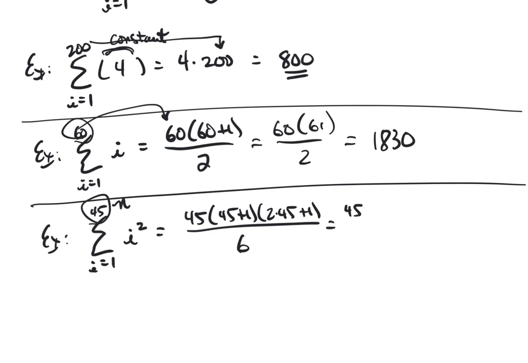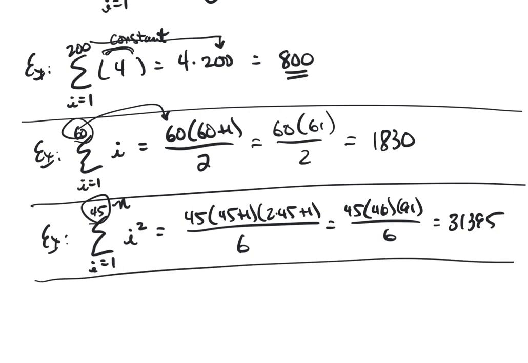And when we do the simplifying, we get 45 times 46 times 91. And when we do that multiplying and dividing, we would get for a total, I hope I punched that out okay, I think I did, 31,395. Right? And finally, the last